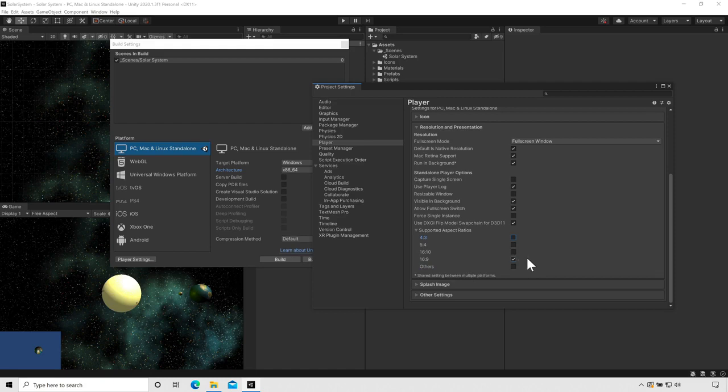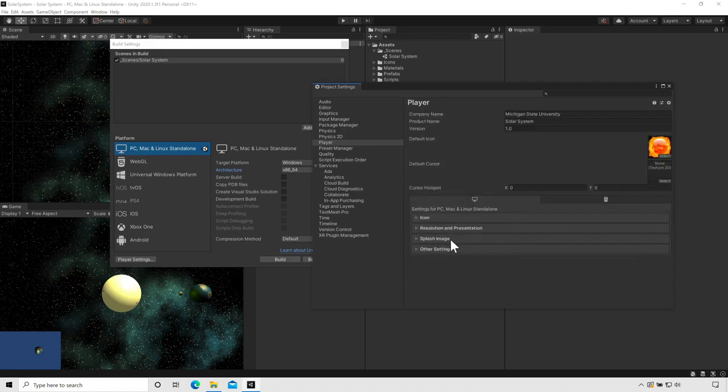Now, it's ideal if your game supports all aspect ratios, but sometimes the way you set up your user interface, your heads-up display in the game, may require it to be a certain aspect ratio. But for this game, it supports all aspect ratios, so I'll leave all of them checked. So we didn't really change anything here, but let me close that up and go down to the next option,